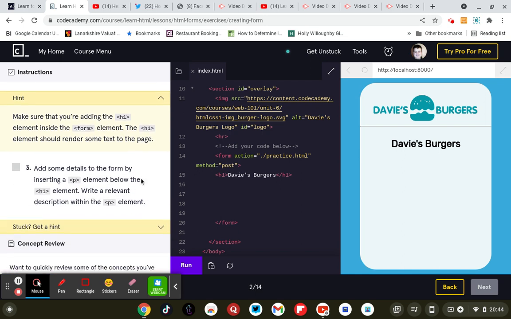Add some details to the form by inserting a P element below the H1 element. Write a relevant